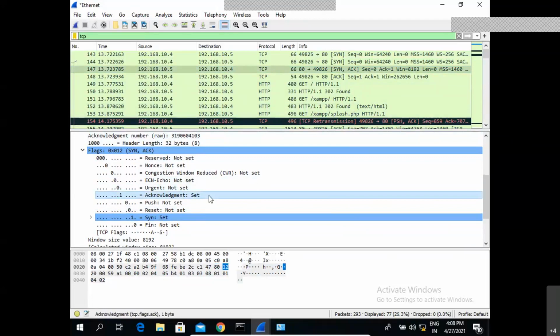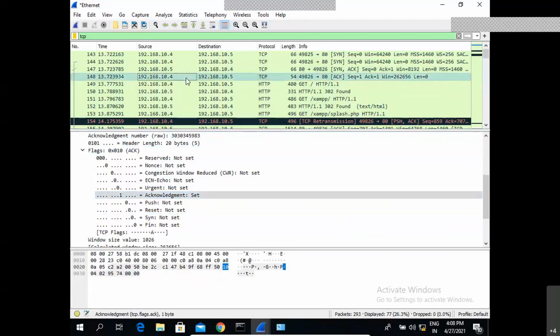In the third communication, as a client, I have to again send the acknowledgement to the server saying that I'm ready for the communication. So in the third packet, I am establishing the communication from the client to the server by enabling the acknowledgement flag. So we can see the three-way handshake clearly here in the Wireshark packets. The first one is I'm sending a SYN from the client to the server, so the SYN flag is set to 1. And in the second communication, I am receiving from the server the SYN as well as the acknowledgement. Both the flags are set to 1.